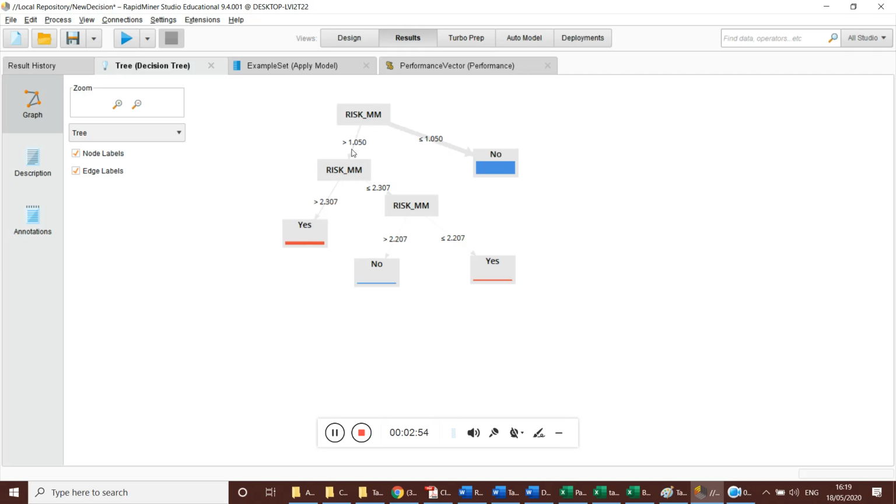When the RISK_MM value is greater than 1.05 but less than 2.307 and greater than 2.207, the possibility of raining tomorrow is no. When the value of RISK_MM is greater than 1.050 and less than or equal to 2.307 and less than 2.207, then the possibility of raining is yes. These are some rules. How many rules do we have? One, two, three, four rules we have. We can write about those rules.